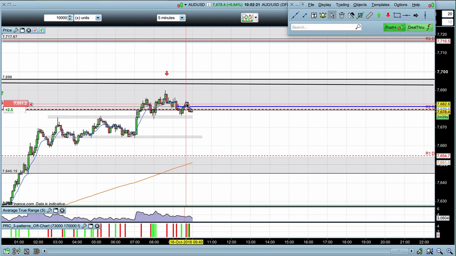Okay, so the market pushed up a little bit and it has rejected once again, and we're just hovering at these levels. I'm trying to think of a good way to explain when trades do this sort of thing. Basically, the way you want to think about it is when you enter a trade,